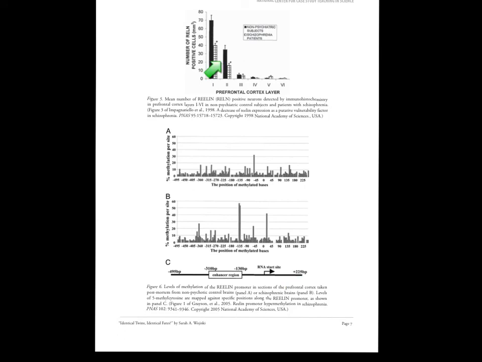And so what you see is that because of methylation, you have less reelin being made. Here you see the reelin being made is different. This is less. The schizophrenic make less reelin. Here you see that the methylation in this particular enhancer region is greater in the schizophrenic patient, suggesting